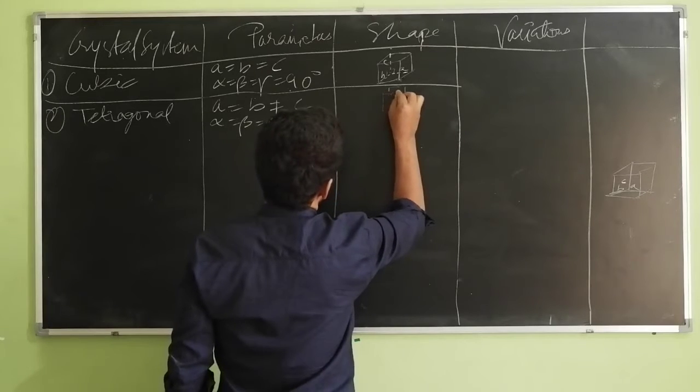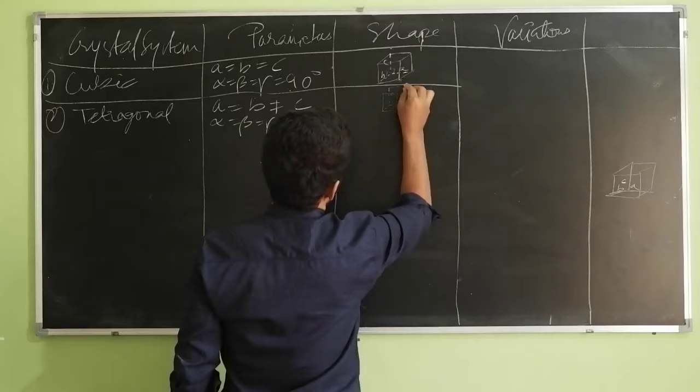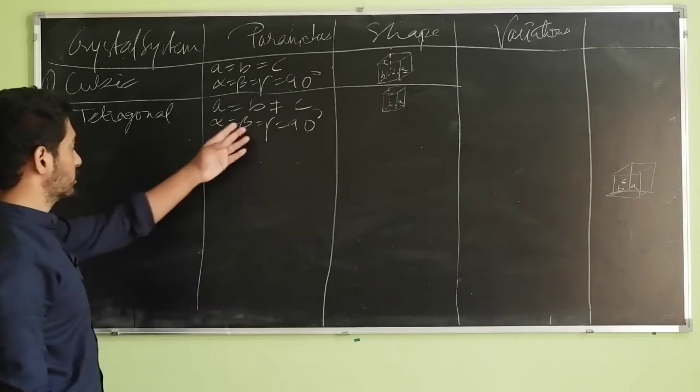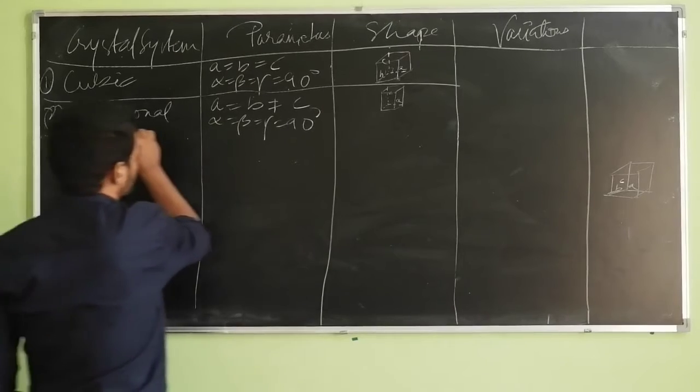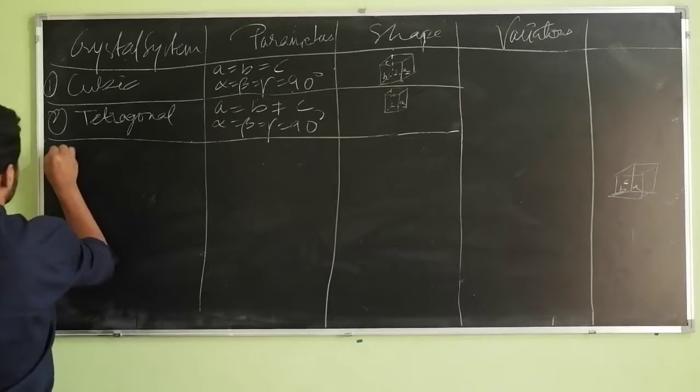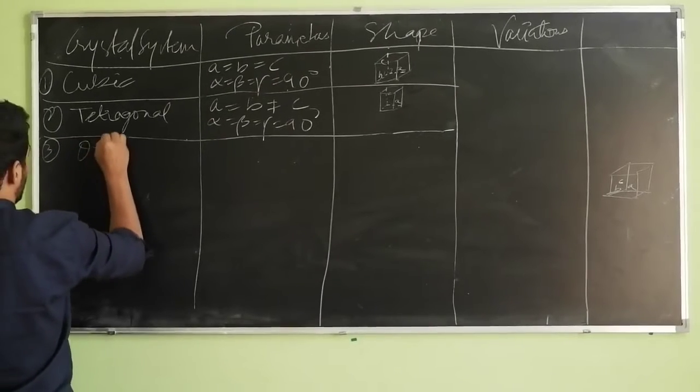Alright, let's complete this. Every angle is 90 degree. Let's complete this. That's the shape that we get. So that's a tetragonal. Remember the term. Remember the parameters. Let's move on to the next one then. Alright. Next one we have is